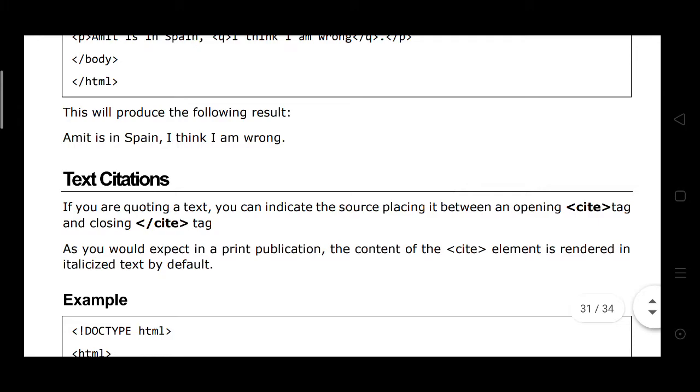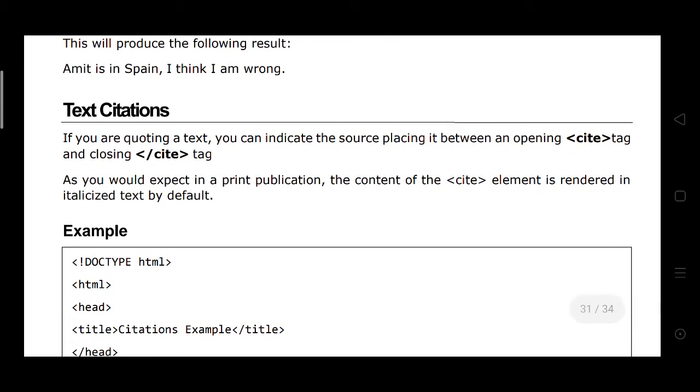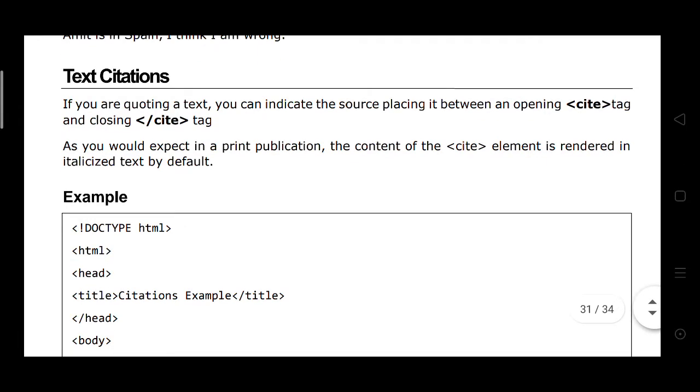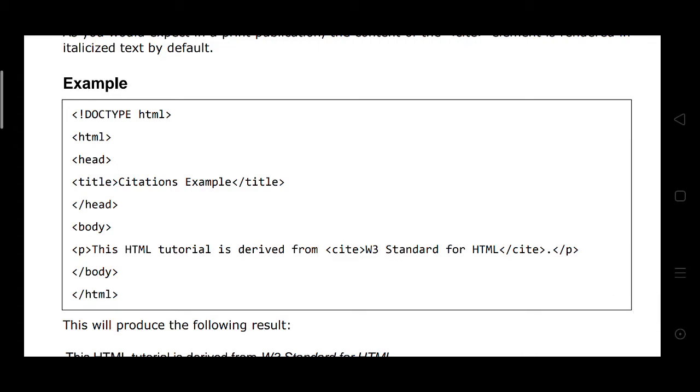Text citations. Between the opening cite tag and closing cite tag, it is used for citing a source.